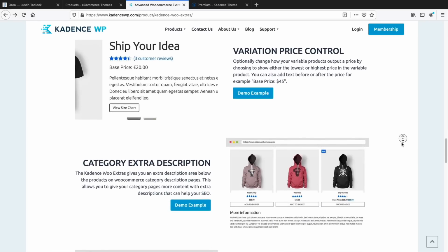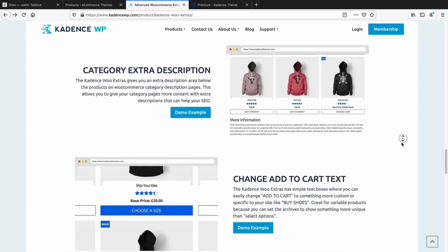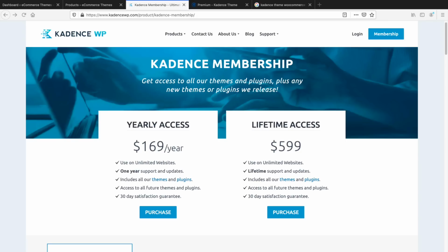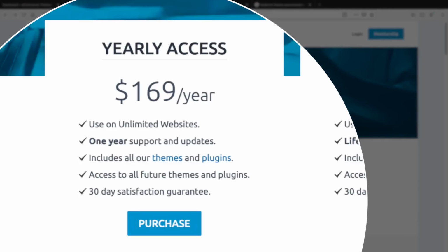Next, let's talk about pricing, and this is where I think Kadence needs a lot of work. The Woo Extra Feature plugin is $75. Now, I'm not sure if this works for all WordPress themes on the market. However, I do know it works for Kadence specifically. Now, just to be clear, this price does not include the premium version of Kadence. If you do want the premium version of Kadence and the Woo features, which is a separate plugin, you'll need